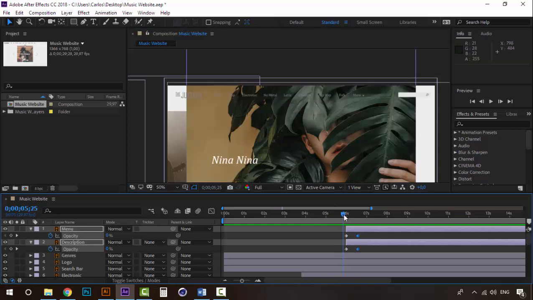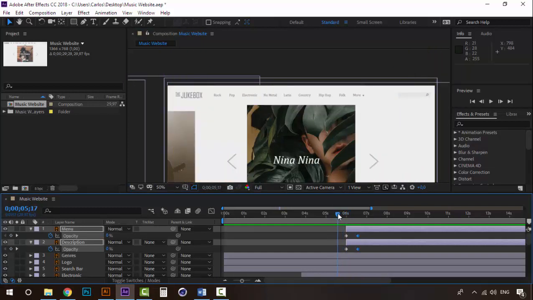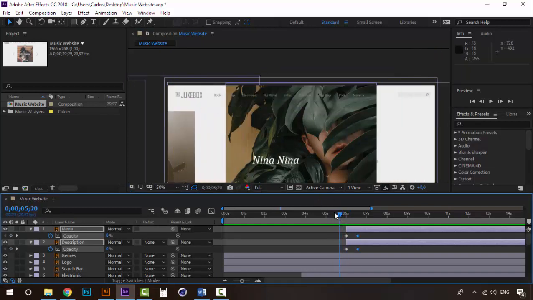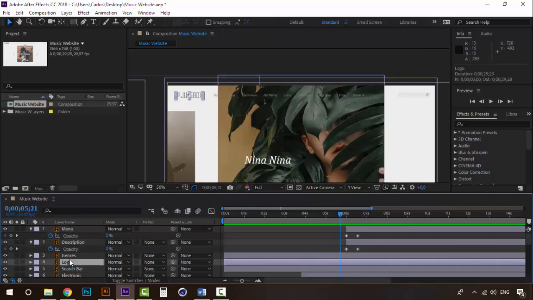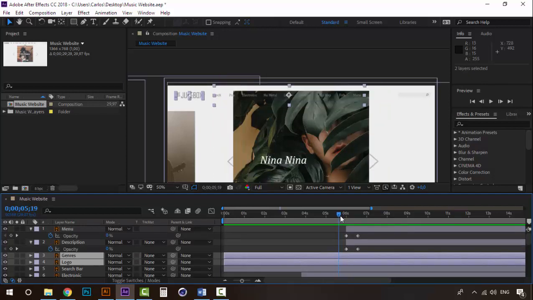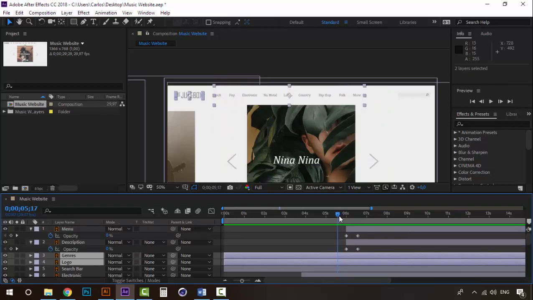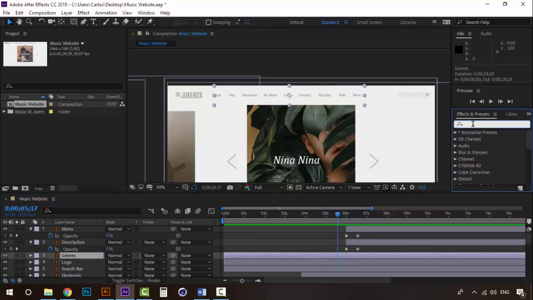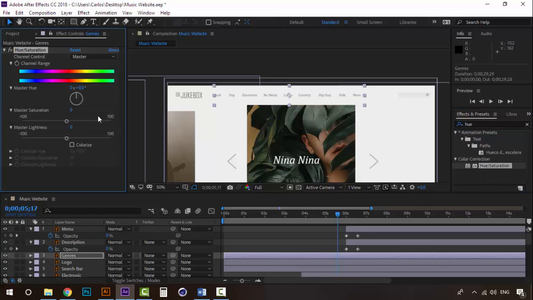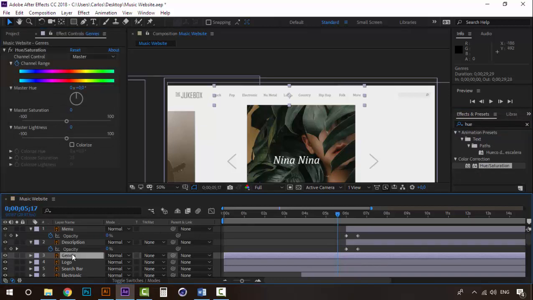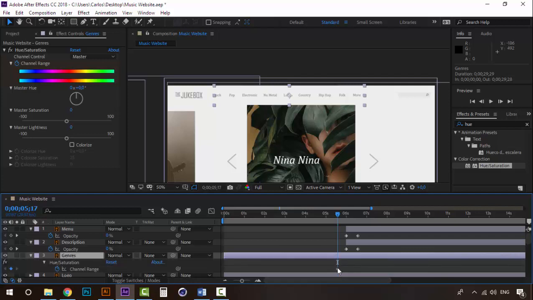But when it changes to the full picture, they should also change the color. So we have here these two, and right on this point the genres should be the one changing first. Let's go and click on the genres layer and select hue saturation, double click on it and click on the stopwatch for channel range. Press the U to see this keyframe,